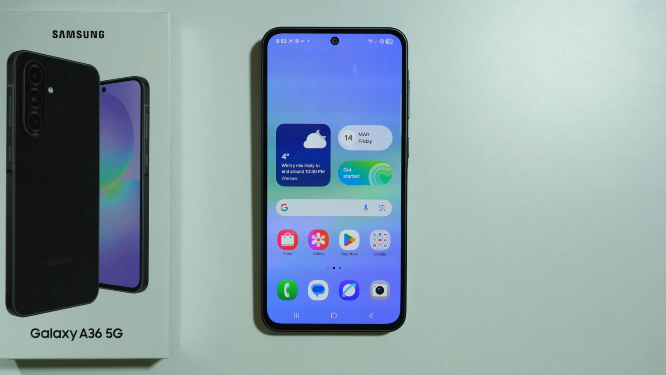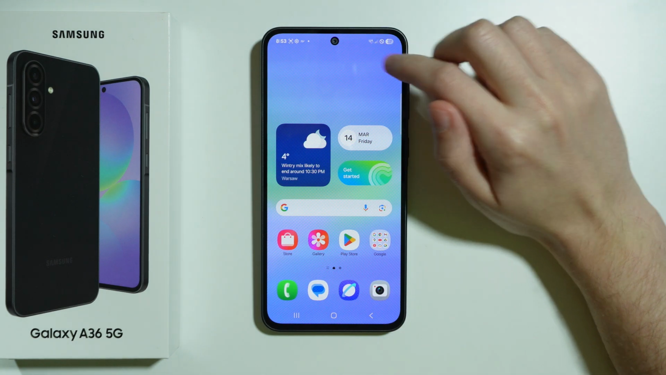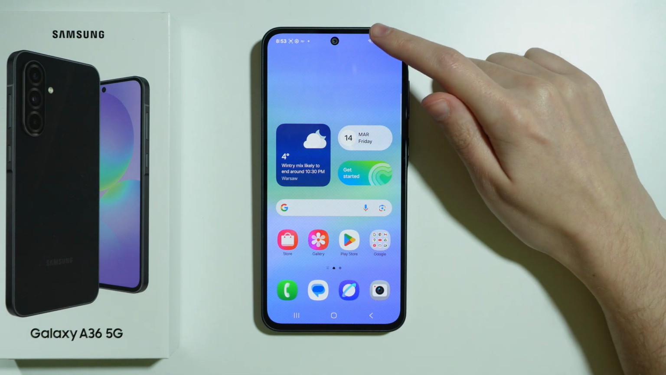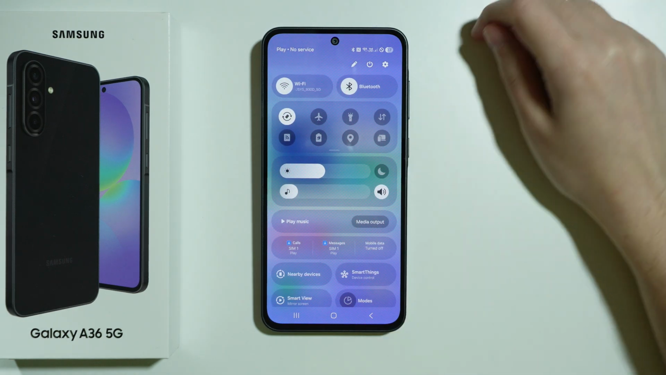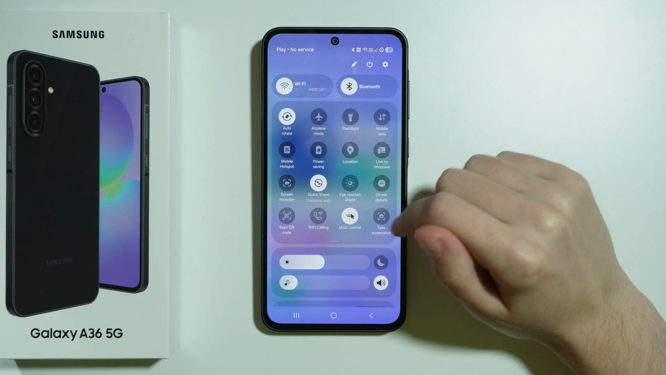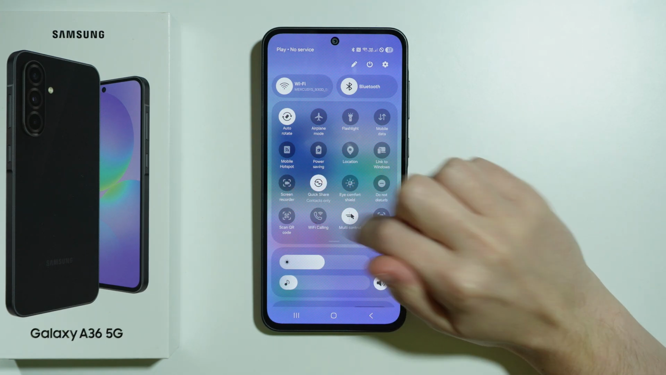If you want to record screen on Samsung Galaxy A36 5G, you can find the screen recorder in quick settings. So over here we can swipe on the right side of the phone from the top towards the middle like this. Now we can reveal additional buttons here on this panel, and you should be able to find screen recorder